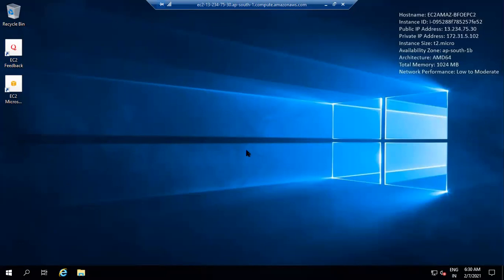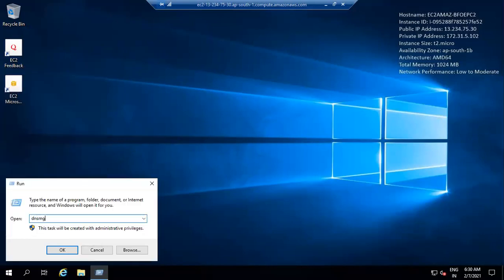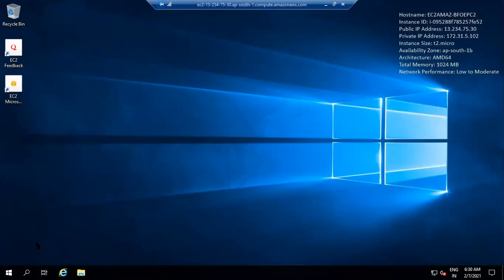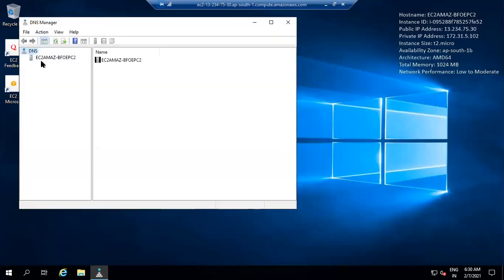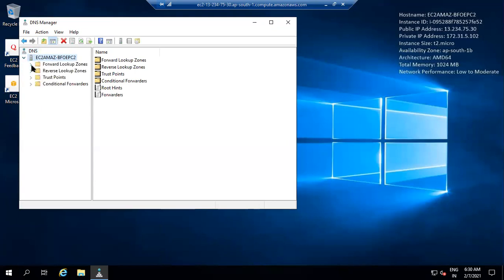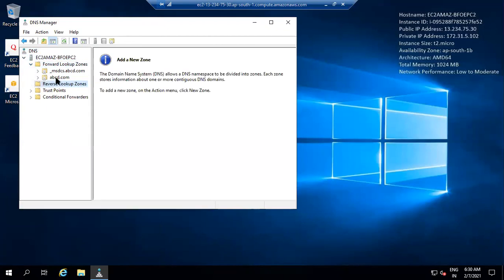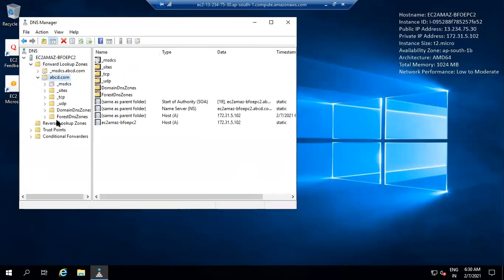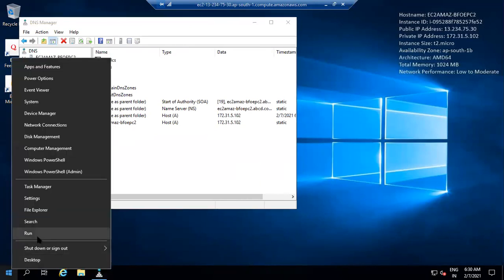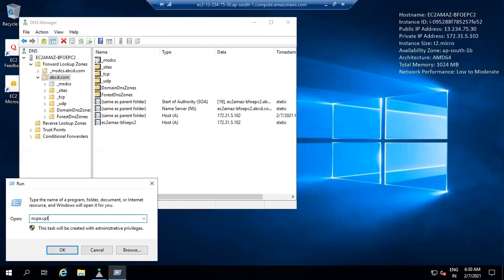Okay, so now we are in the AD. Go here: forward lookup zone, reverse lookup zone, abcd.com. Go here, ncpa.cpl.